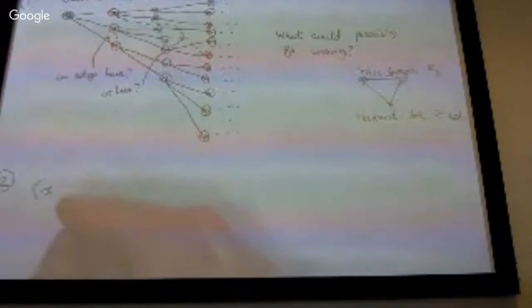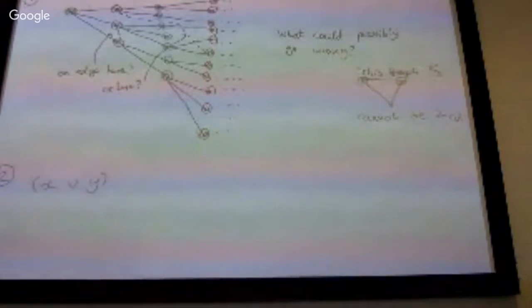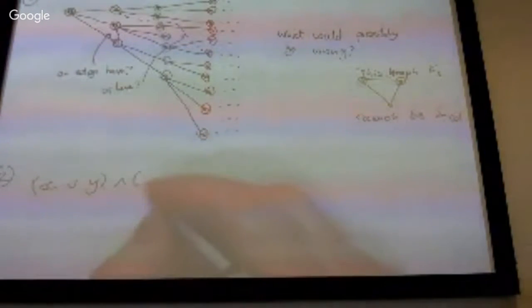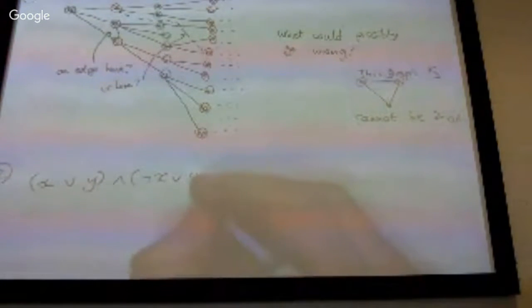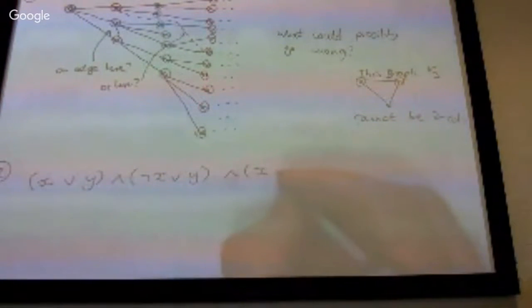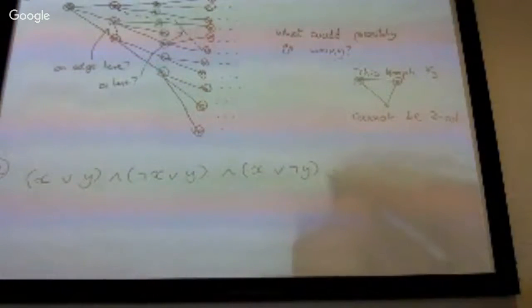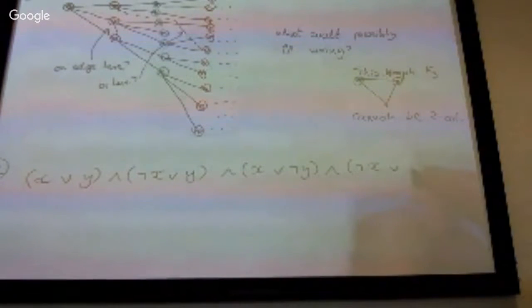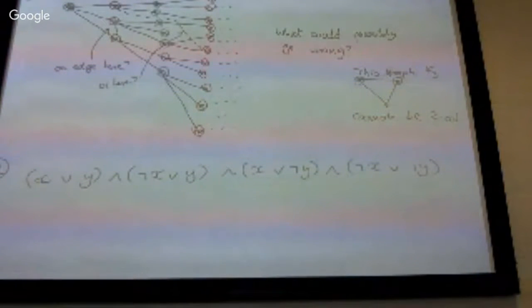So one could be, and it's a very stupid one: X or Y, and not X or Y, and X or not Y, and not X or not Y. Okay, the shorter one. Maybe we should have taken yours. But we don't want to give it to us, so too bad. Okay, so this one is